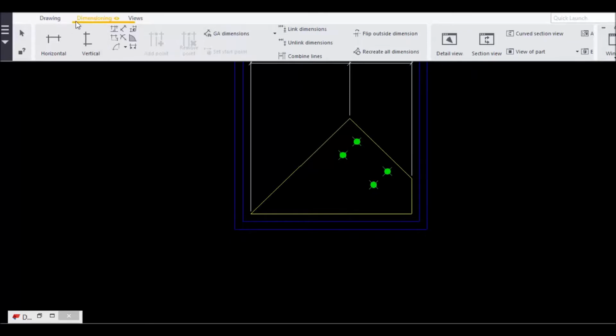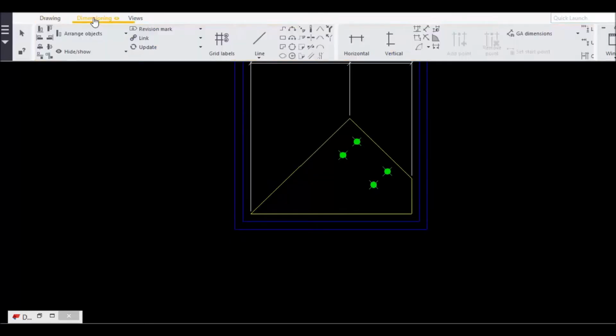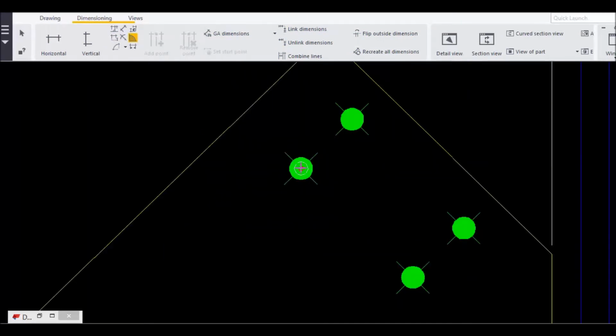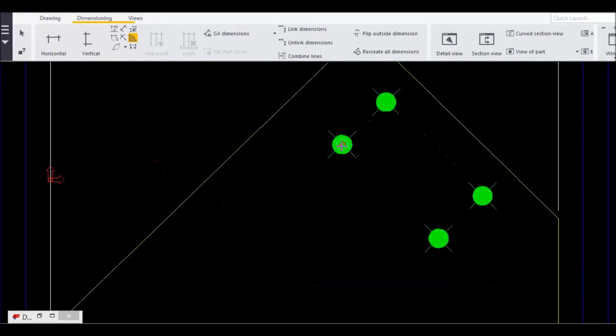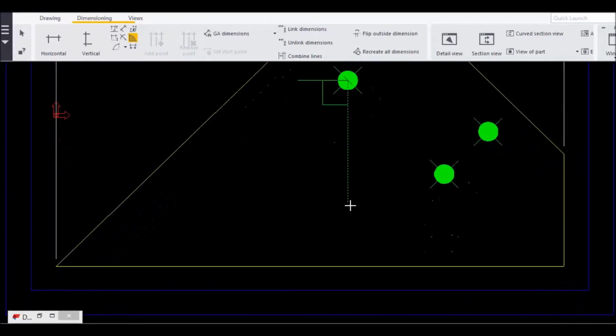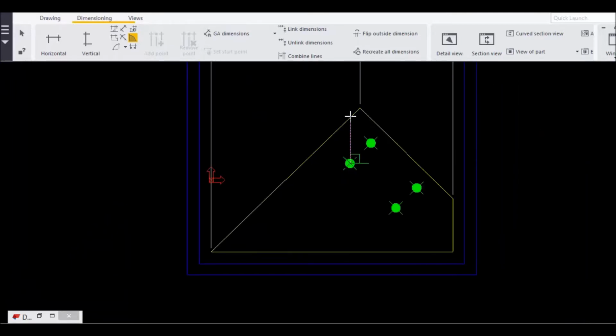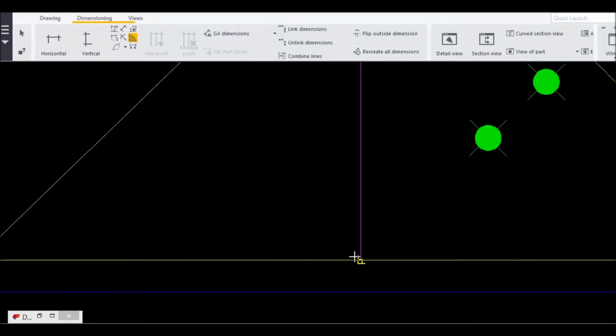So I'll tell you how to use bevel. For that, you go to this dimension toolbar. In dimension, you go to add angular dimension. You take any hole. For example, if you want in this direction, you just go for this hole. You take the first point, and the second point must be in perpendicular direction. Either you can take at the bottom or you can take at the top as per the convenience. Now I'm taking at the bottom.